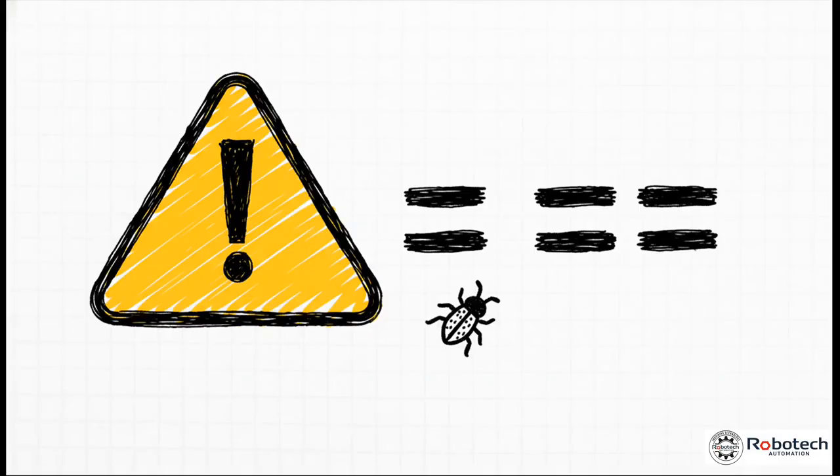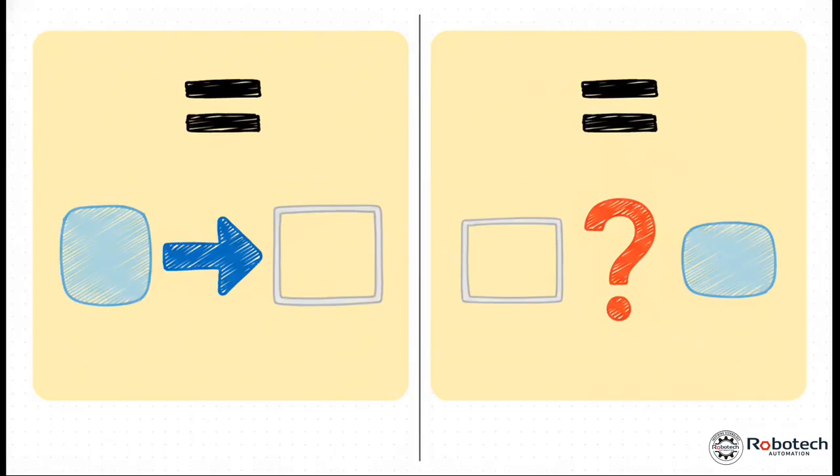Now, before we move on, I have to pause and point out a classic rookie mistake. I mean, we have all made this mistake, trust me. It's all about the equal sign. Using one when you meant to use two or the other way around can create some seriously confusing bugs that are a real headache to find. And this slide just lays it out perfectly.